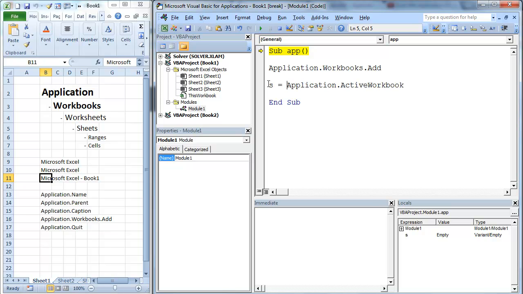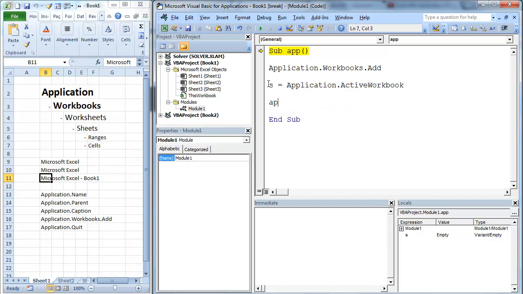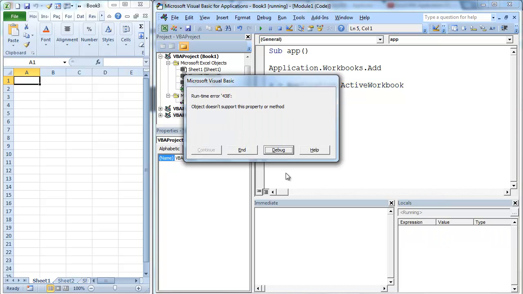So we're going to go S equals, and then we're going to do the same thing down here, application dot active cell equals S. So we're going to go ahead and run this. Again, I'm just hitting F8 to walk through this. If you wanted to go through at full speed, you would basically hit F5 and it would walk through. So we're going to go F8, application workbooks add is going to add a book. You'll notice that it has changed to book 3. When I hit application active workbook, this is going to be